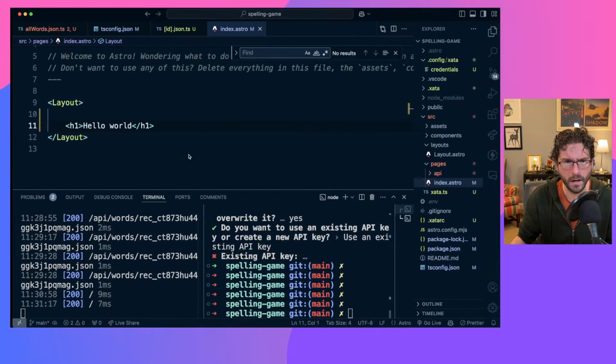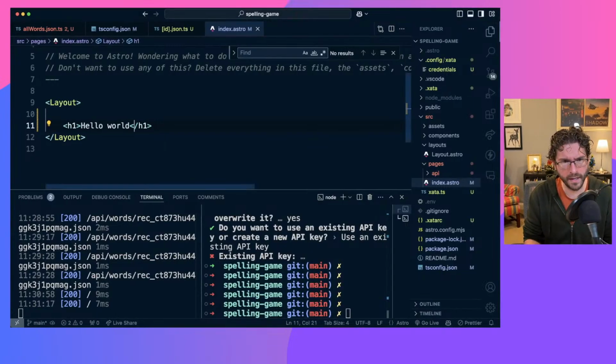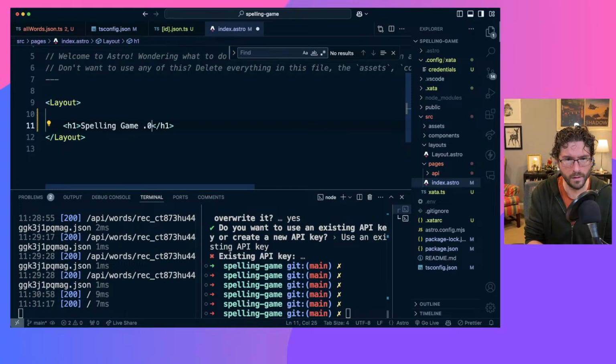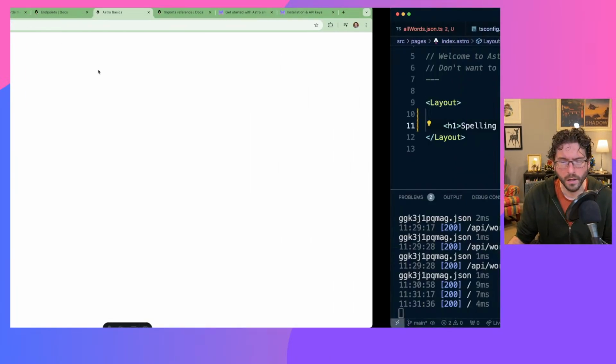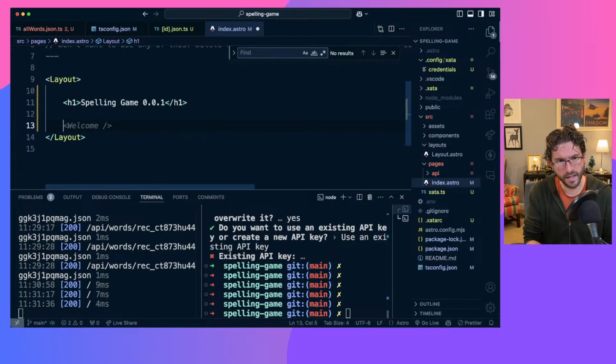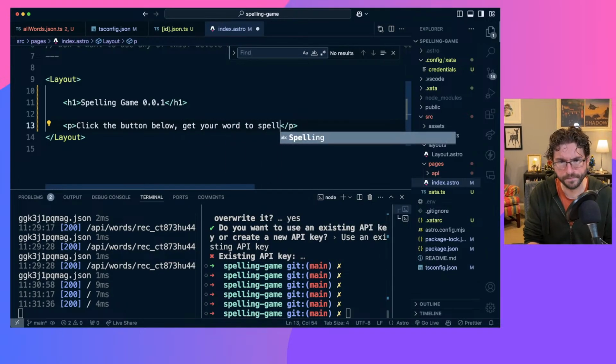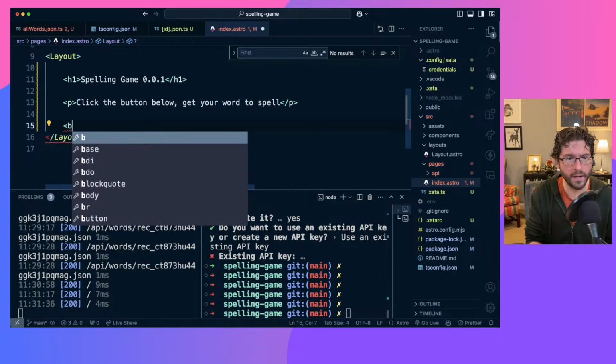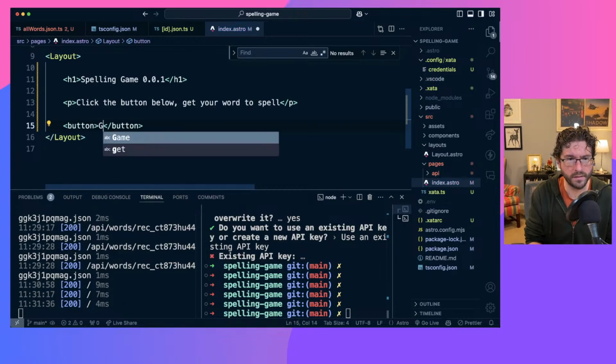All right. So this is going to be spelling game 0.0.1. There we go. All right. So we'll say we have a paragraph. Click the button below. Get your word to spell. Because the thing is, I'm going to see if there's text to speech. And honestly, I don't even know if there is. But we'll have a button here that is get word,